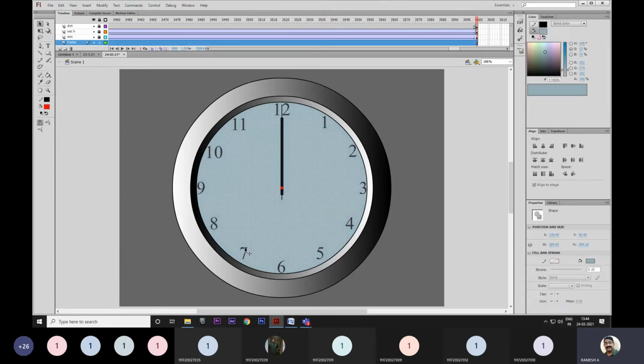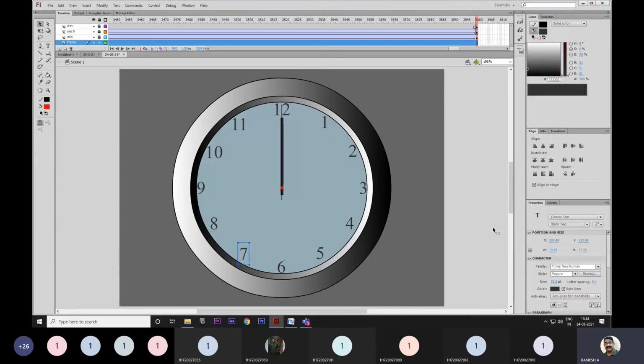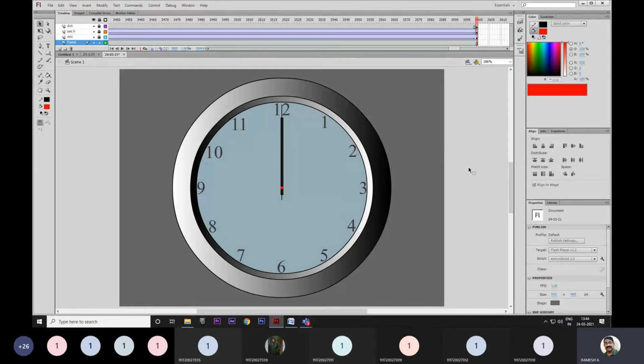Is that okay? Still I have doubt whether the alignment is done the proper way or not. Because of that, I will take another L. That's it. Control 2.